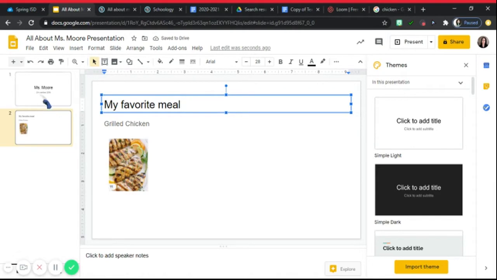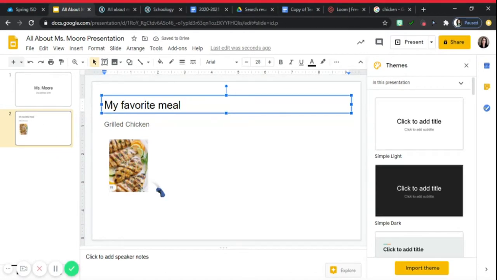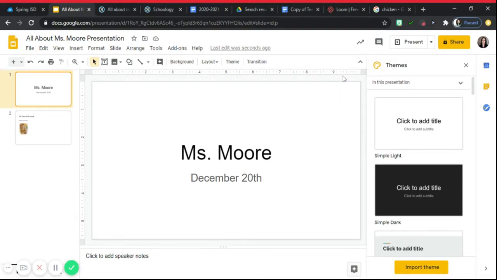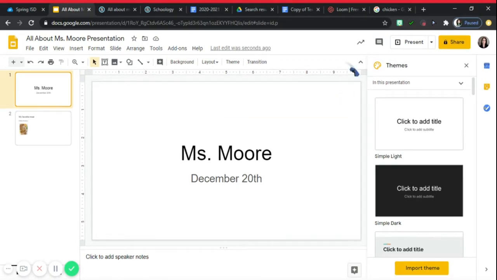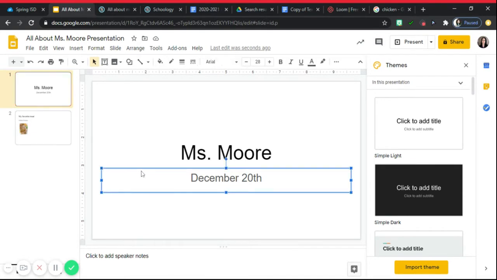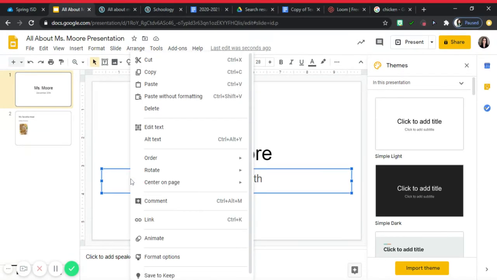And now we're going to go back up here, and then I'm missing a picture. I don't have a picture of me, so for the example I'm going to use a Bitmoji. We're going to pretend it's a real picture, and I'm going to right click on this, and then I'm going to come over here and make sure that my cursor is inside the text box, and I'm going to click paste,